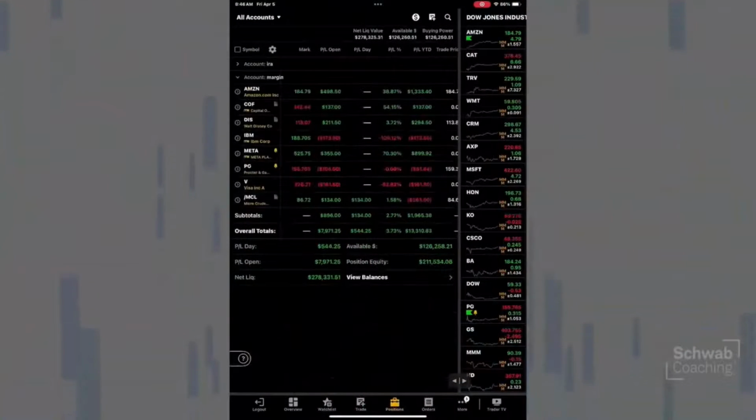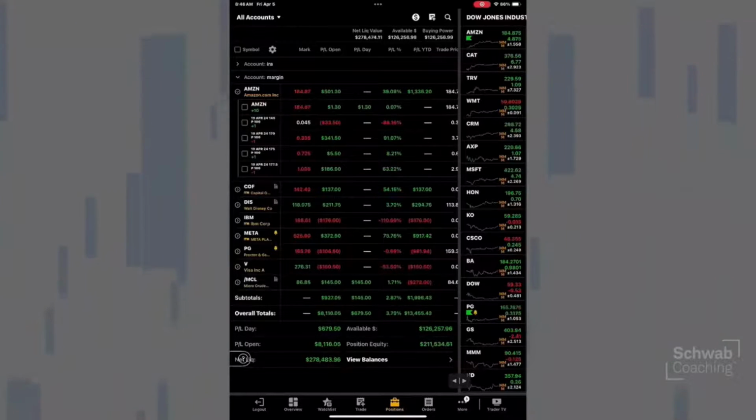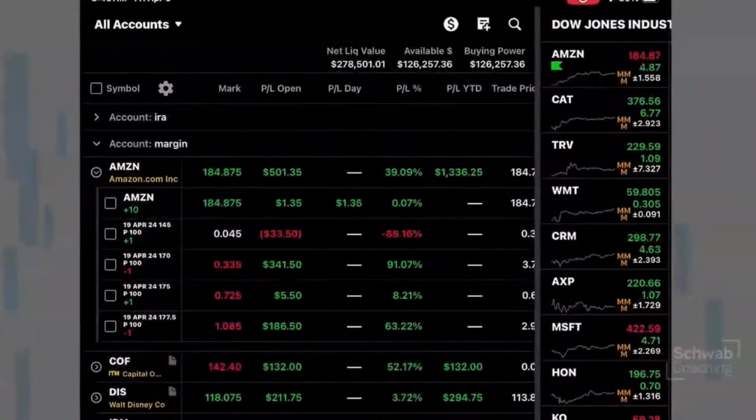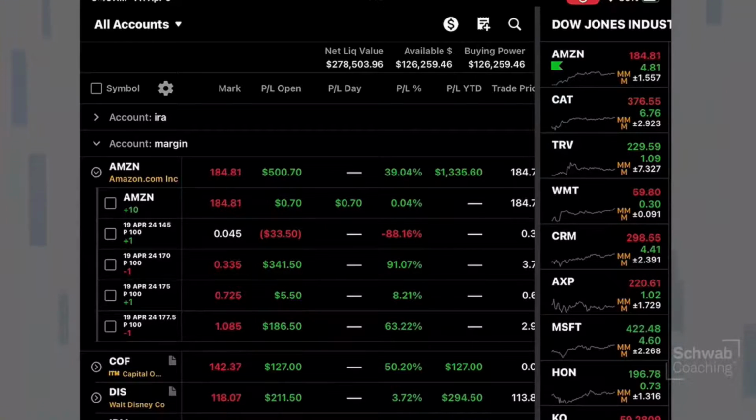If I click on, I only want to see on the margin account the Amazon position, it's A to Z listed there. We can now see there's the 10 shares of stock right there. Now this is actually pretty amazing considering we're holding something that is no thicker than a pad of paper, and we're connected and being able to get potential fills on stock trades and have all this information right in your hands, whether it's on a phone or a tablet. It is pretty amazing, okay?